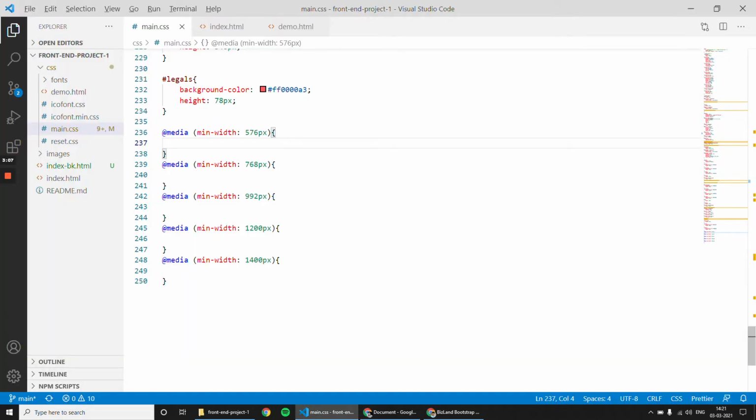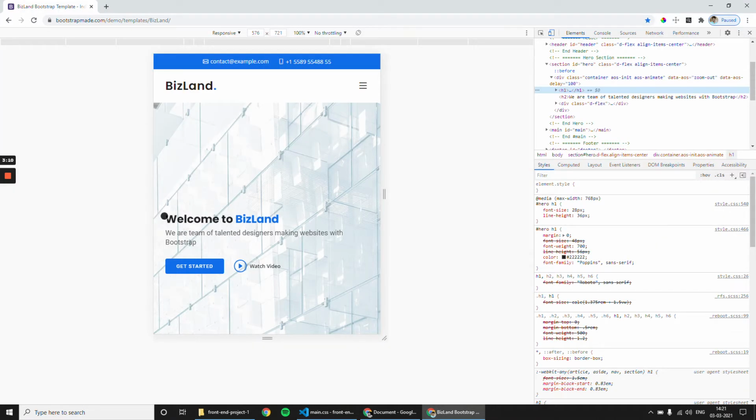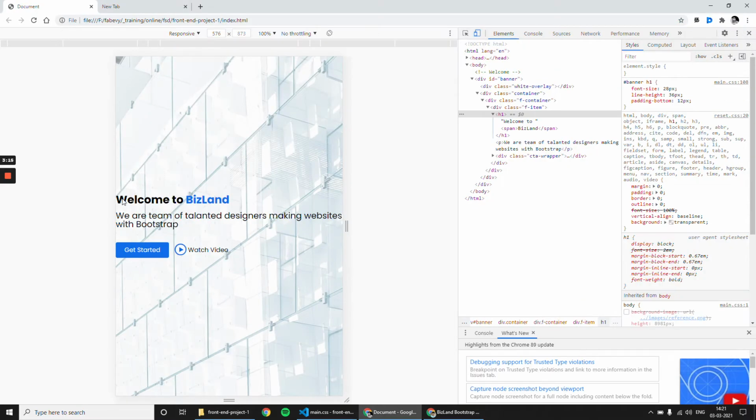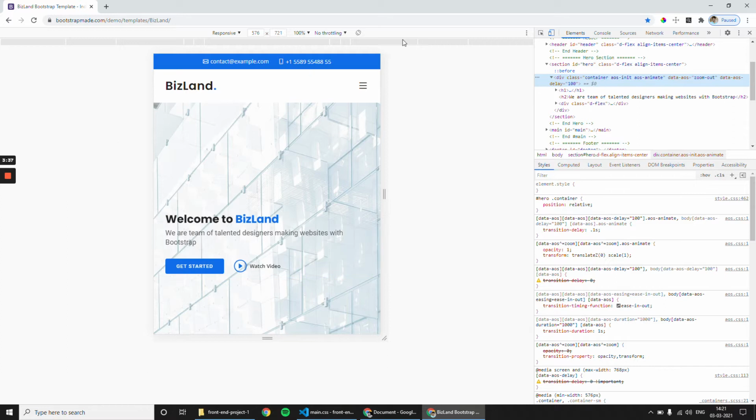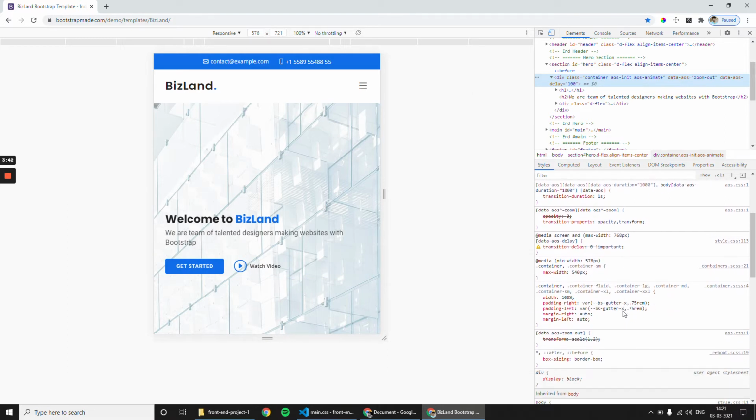But if you closely monitor, there is some spacing in left side which is not available in our project. Here there is no spacing between welcome and the left edge of our browser, but in our reference website they have given some width. So let us try to identify where they have applied this style. To do that, I'm selecting the container class name of the reference website and check what they have applied.